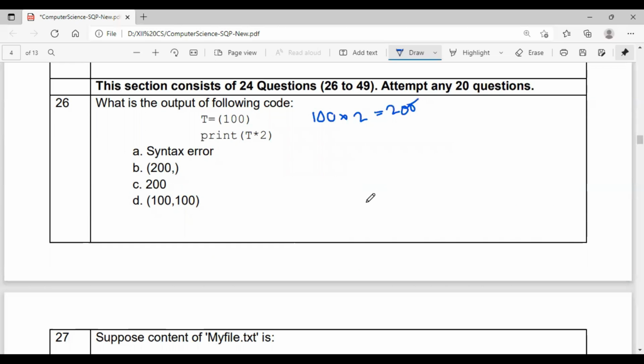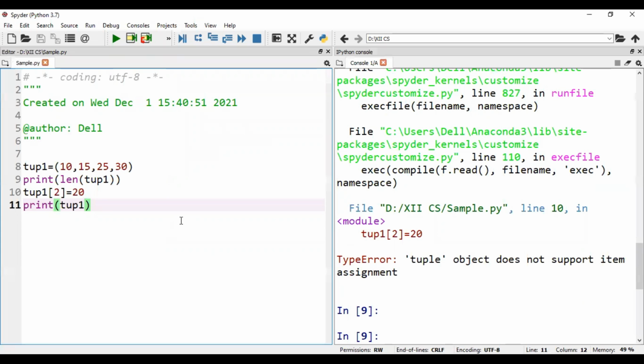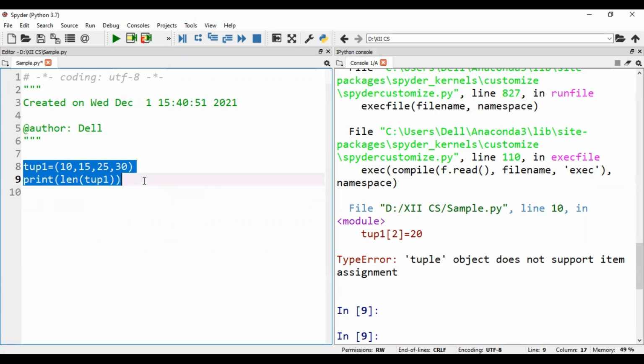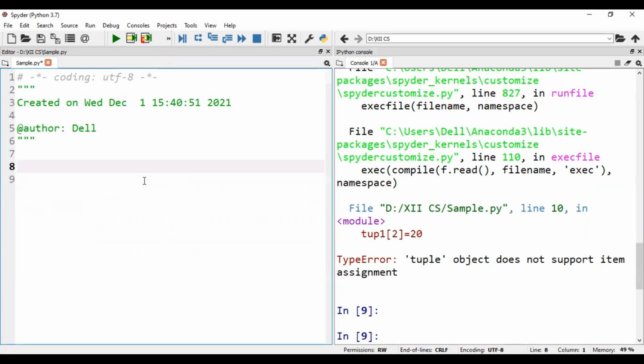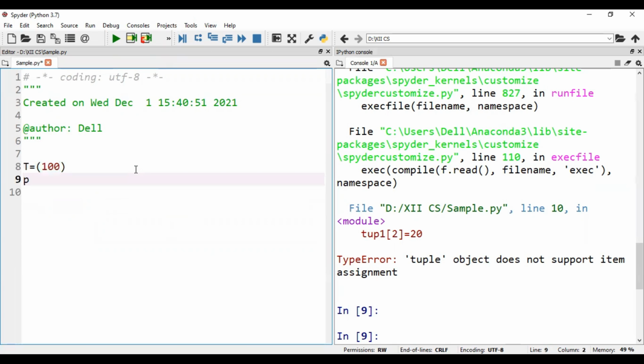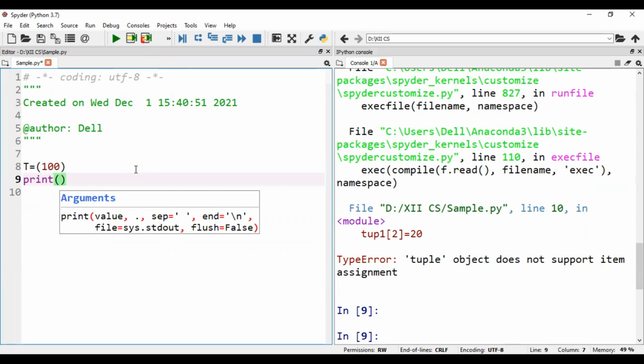We will just see that one. So what is given? T is equal to only one item given. Print T into 2.